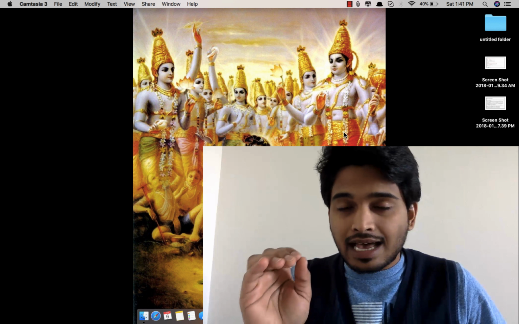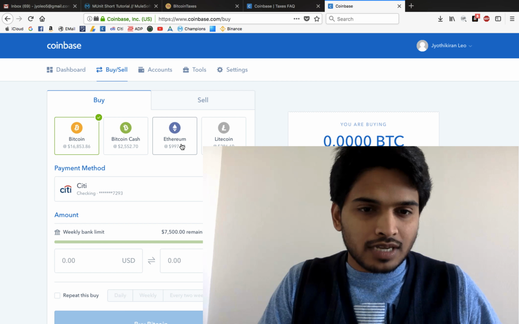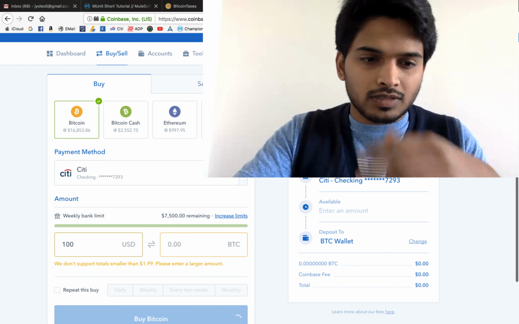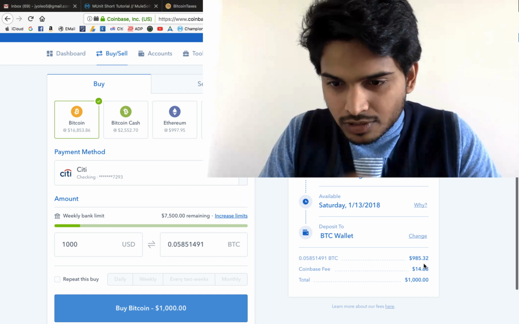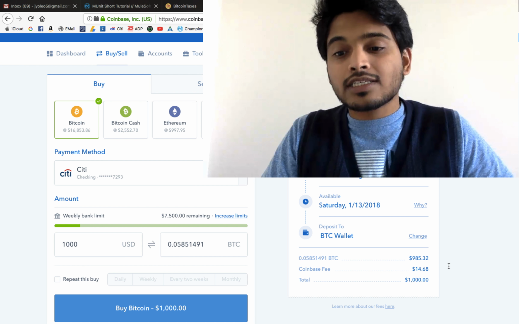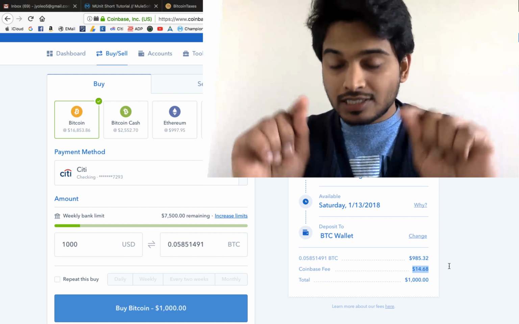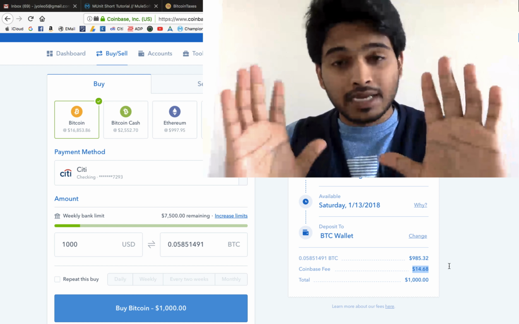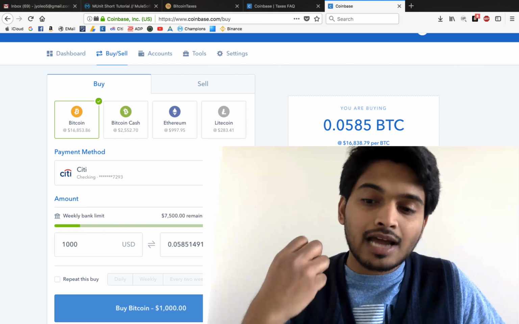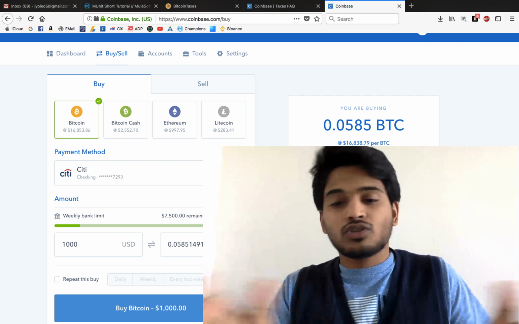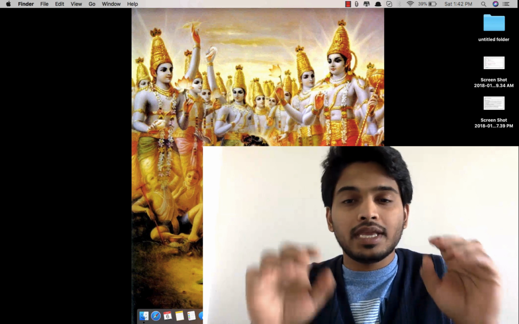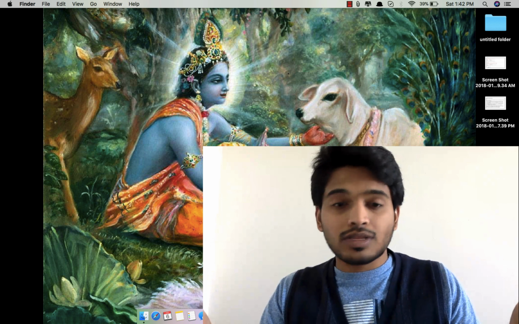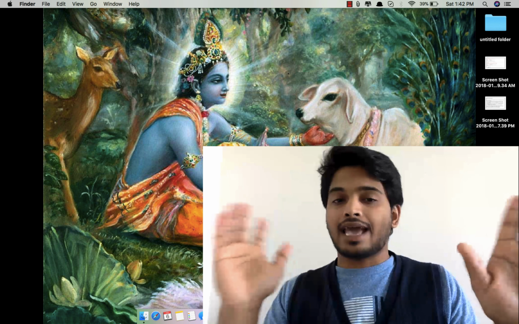So let's take an example of Coinbase. Let's suppose we are trying to buy a Bitcoin, okay, let's buy $1,000. Here it shows the Coinbase fee. You have to notice that this is not tax. Coinbase or most online websites don't pay tax for you. This is just the fee charged for using their service. So don't be under the illusion that because I'm paying a service fee, it's all legal. No, you have to pay tax by yourself.